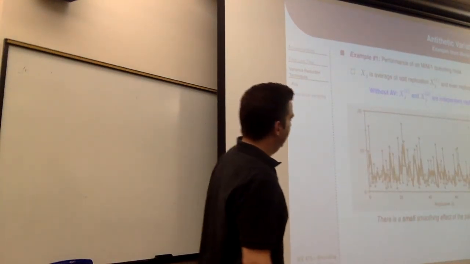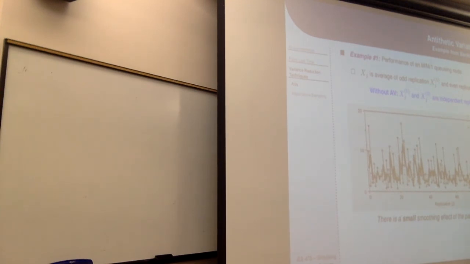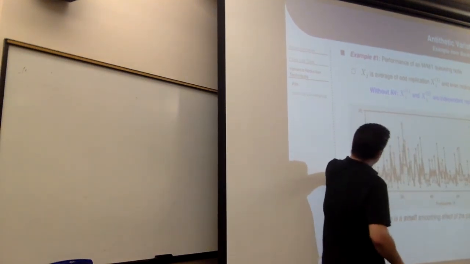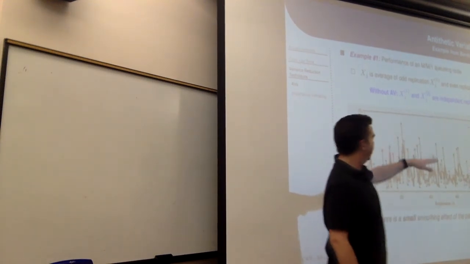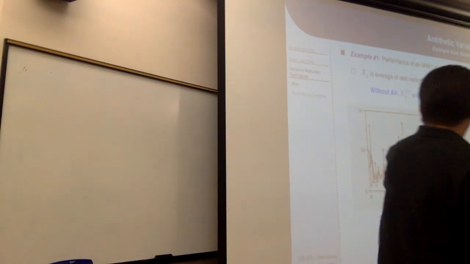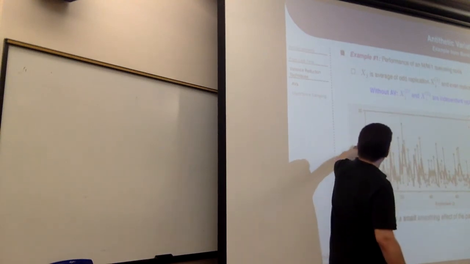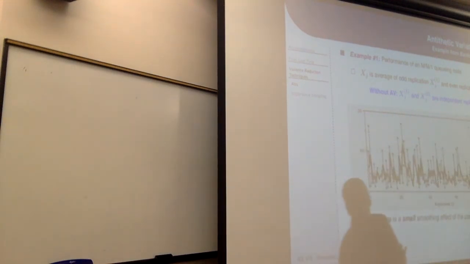So here's a book example where they have an MM1 queue, so even simpler. They know from an MM1 queue from 470 what, say, and I forget which performance measure here, let's call it the average wait time. And so that's this dashed line here. That's ground truth. They know that for sure. And then they've got replications here, the dark ones and the open ones. All the odd replications are dark filled circles. All the even replications are open circles. And they've just plotted them this way. So it basically goes 1, 2, 3, 4, 5, 6, so that you get pairs of adjacent replications.